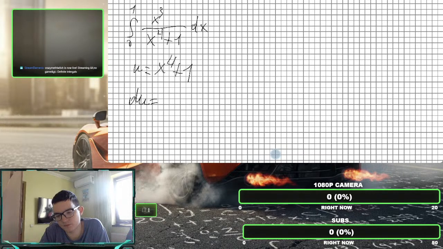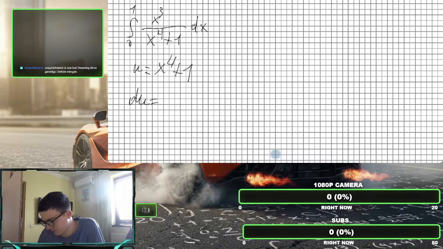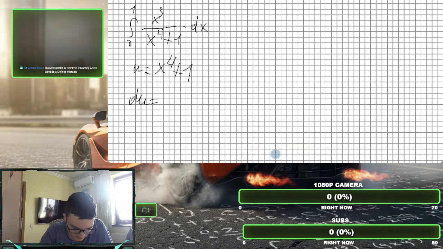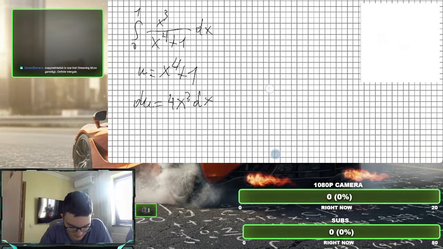Hold up, if I derivate, it's gonna be 3 up front or 4 up front. Let's see. If you derivate, you'd put that number up front and times that. So yeah, it's gonna be 4x to the 3rd power, and plus 1 just goes to nothing, dx. And as I have this, I can just